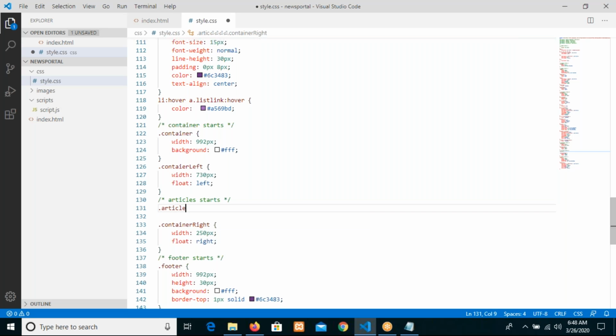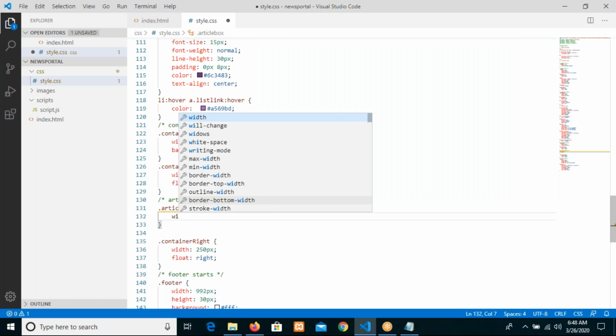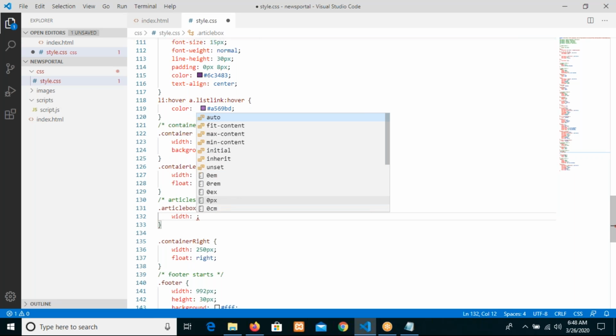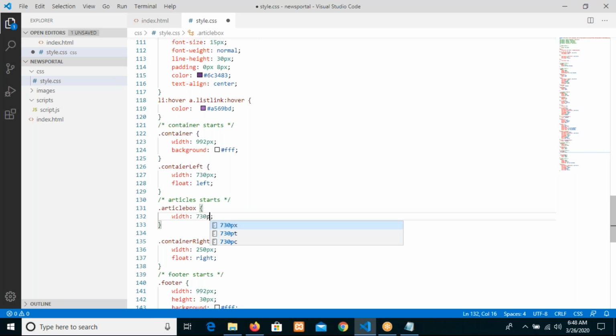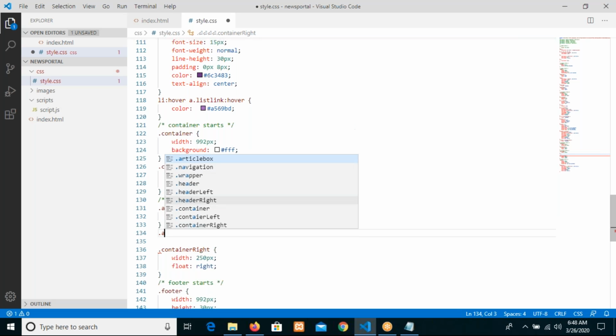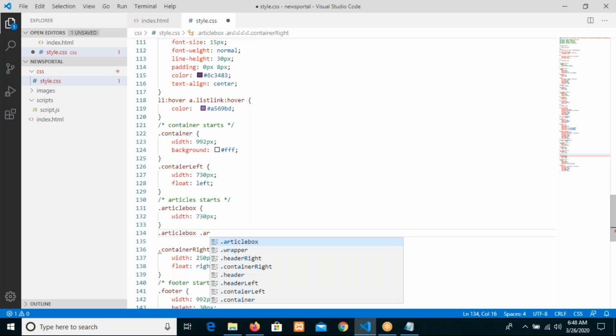You can just make it something, article box, and that can be the same width of 730 pixels. Height it can be auto. Then in this article box space, inside this you want to place article